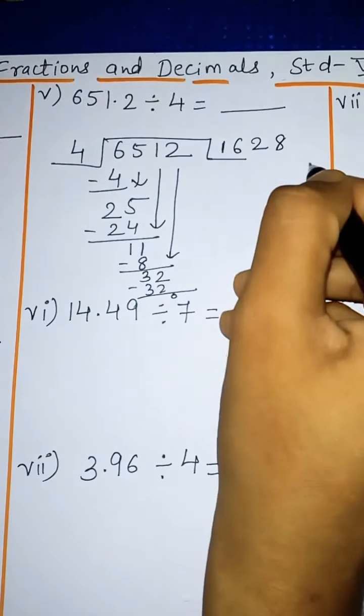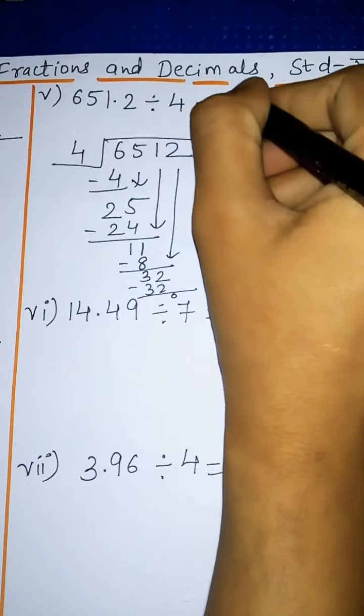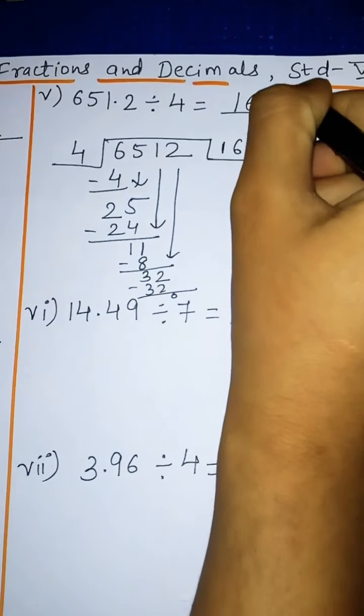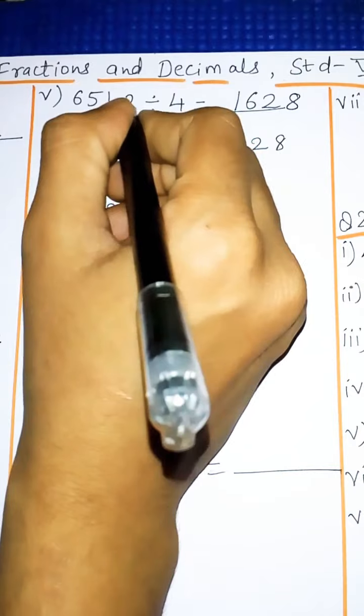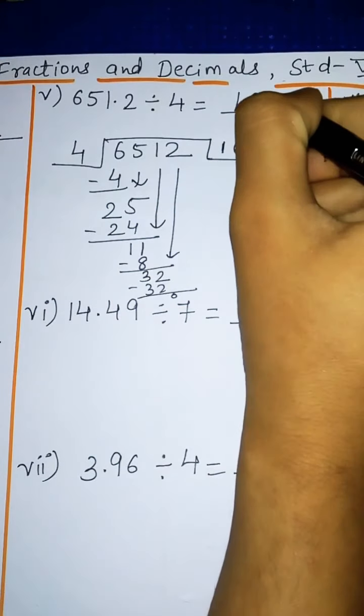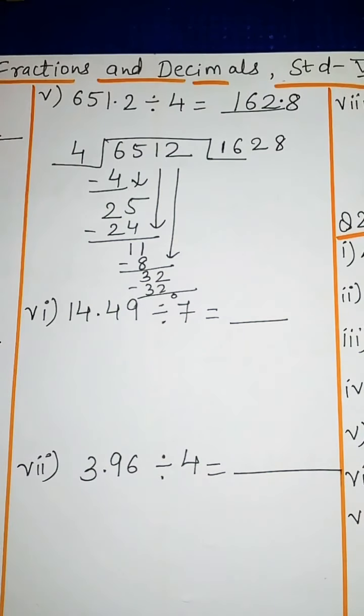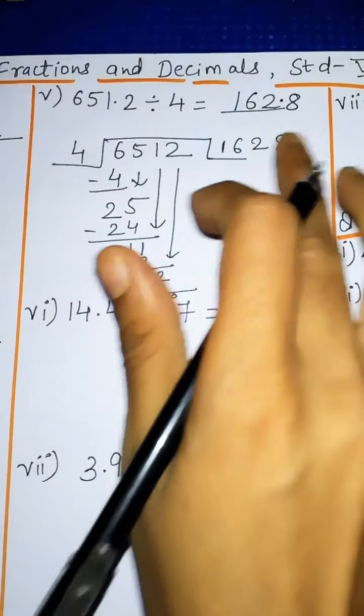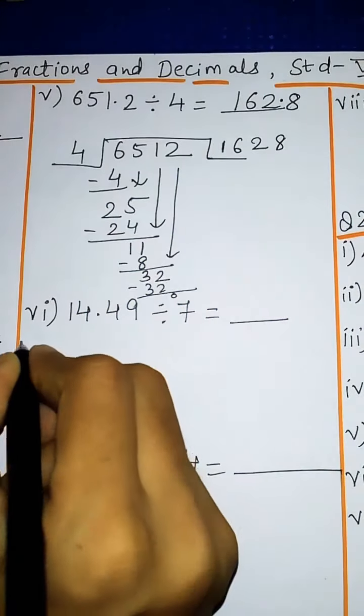So 1628. Okay, so our answer is 1628. Now in the question again after one digit the point is there. So here also from the back side, after one digit we will keep the point. So 162.8 is our final answer. Now